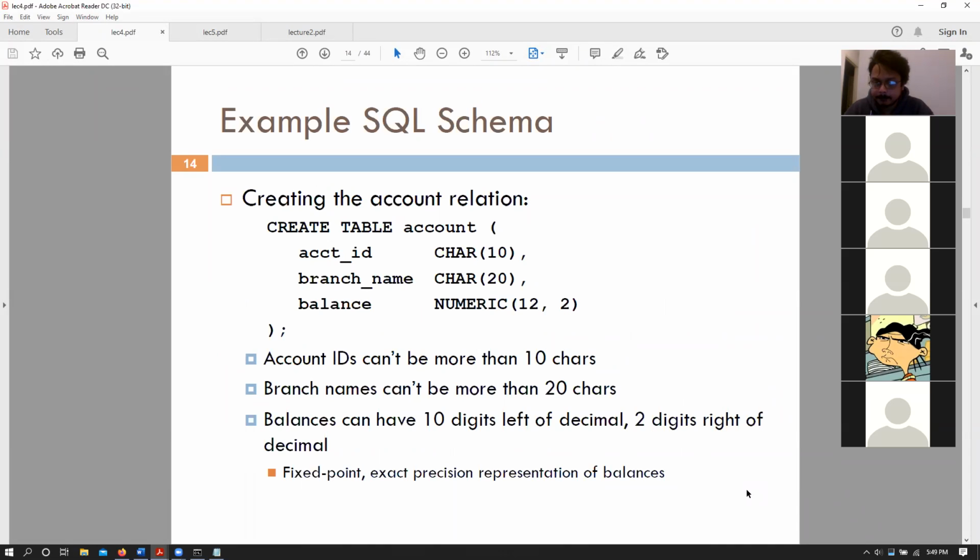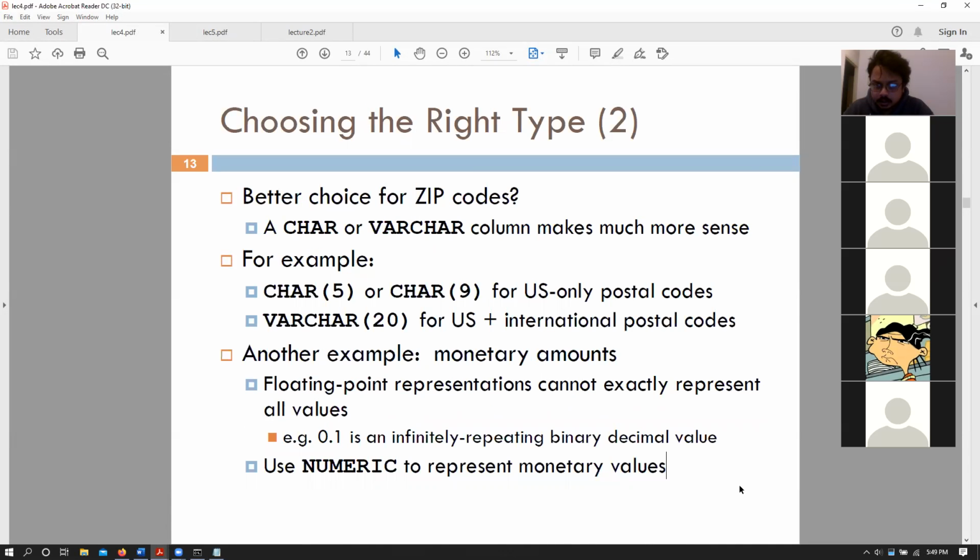For the zip code, which data type is suitable, char or varchar? You mentioned last time that some zip codes start with 0, so the integer won't be the best one to use. Yes, for zip codes, the best way to store a zip code would be to use characters, because of the leading zeros.